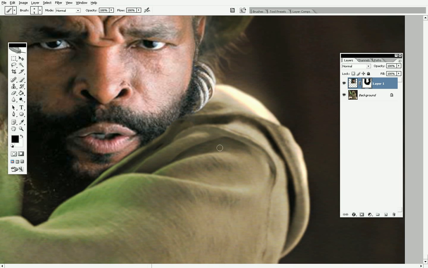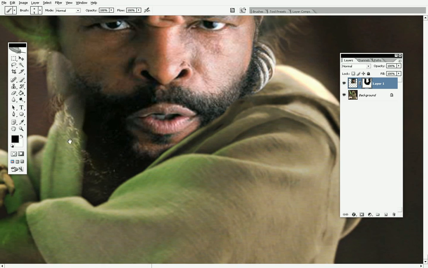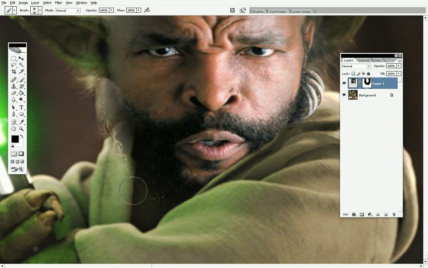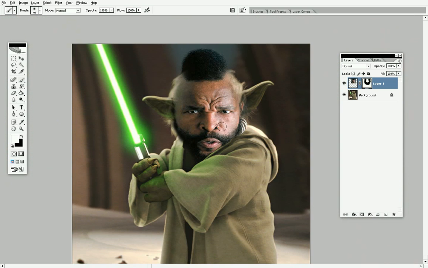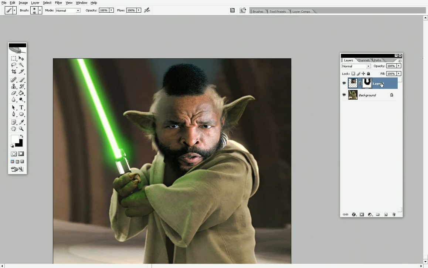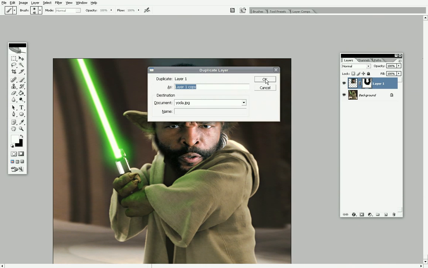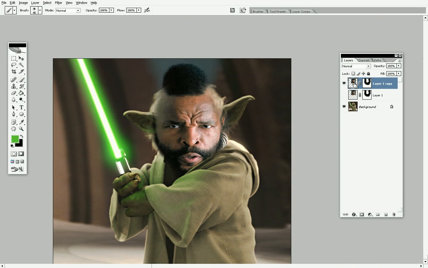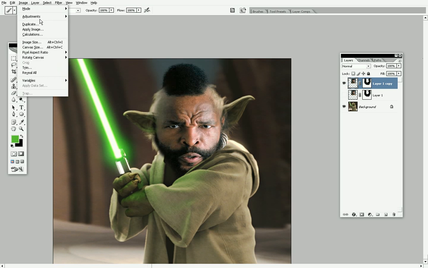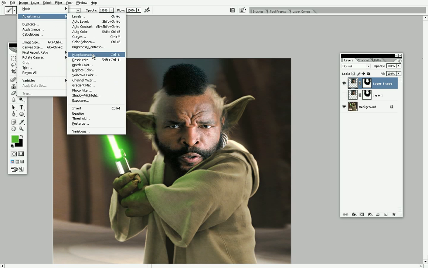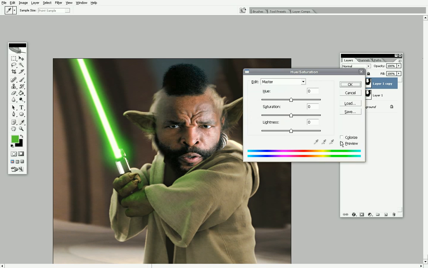Alright, once we got that done, we zoom out, and we're also going to clean up this area a little bit. Maybe we'll add a little bit more hair back in. Alright, when you're all done, duplicate the layer, and we're going to do image adjustments, hue saturation, check the colorize tab,